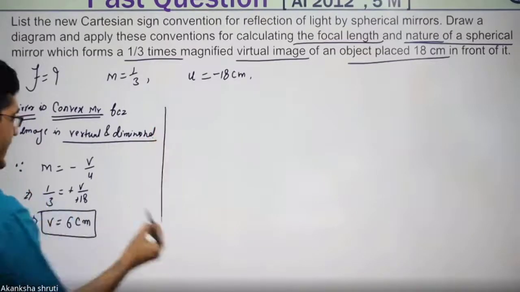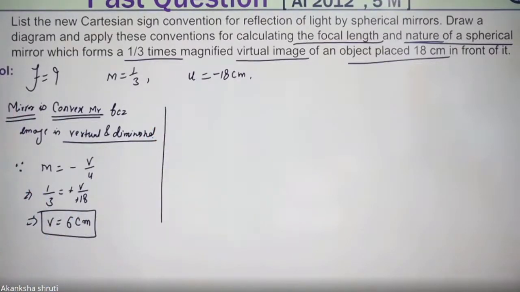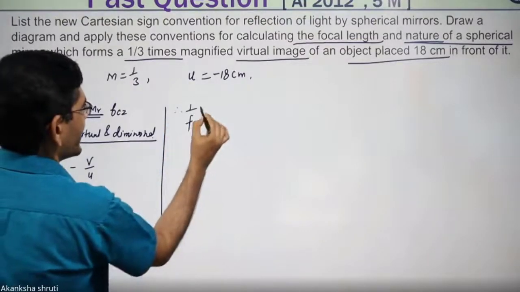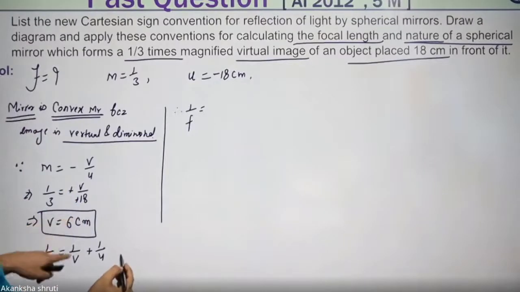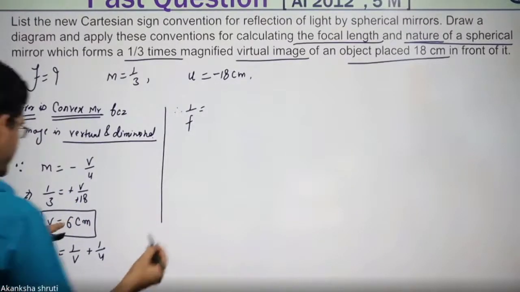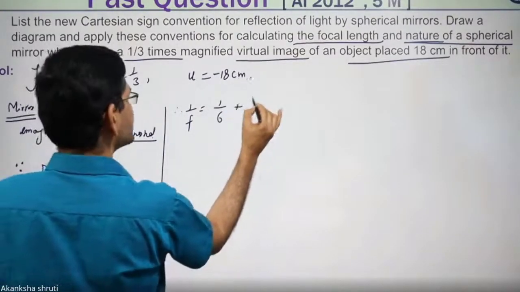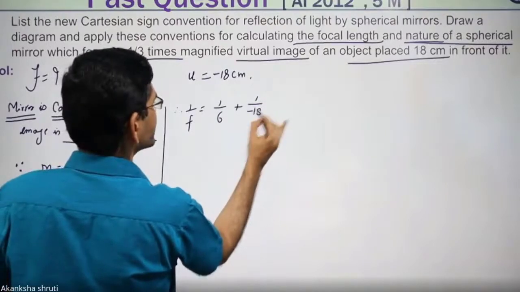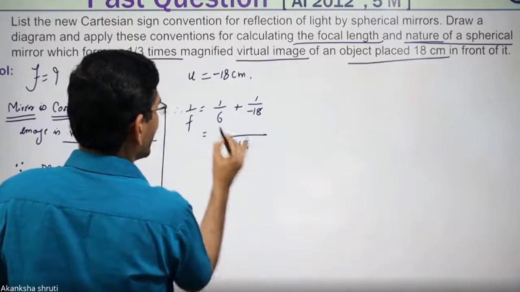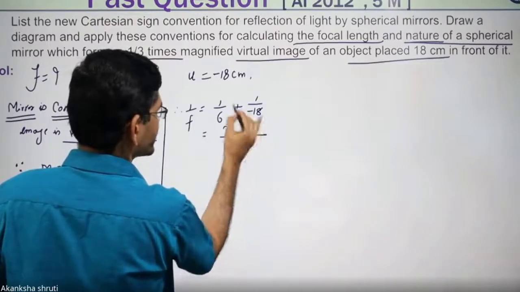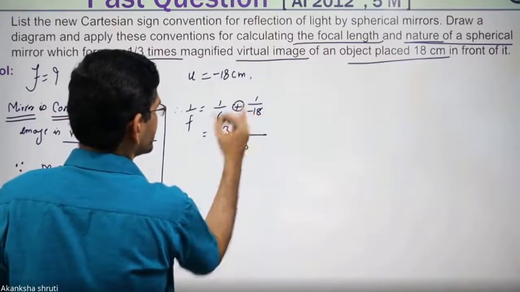So that is one thing we have calculated, but we have to calculate the f. Therefore, by using the formula 1 by f is equal to 1 by v plus 1 by u, substitute this v and u along with the sign. Students, we have calculated v as positive, it will remain 1 by 6, and plus 1 by u is minus 1 by 18. So 18 and 6 will go 3 times. This is the minus, because of this it will turn minus. This sign has turned minus now.